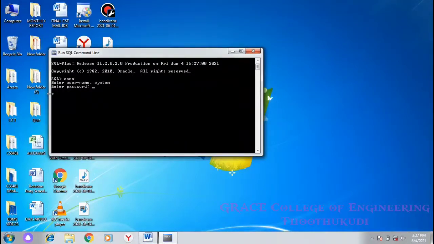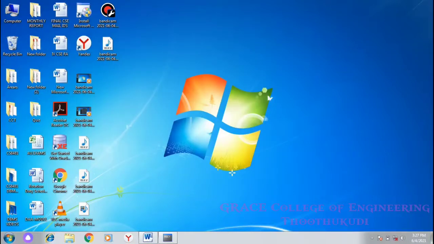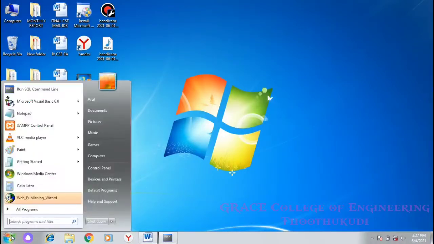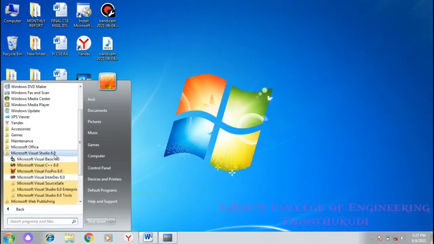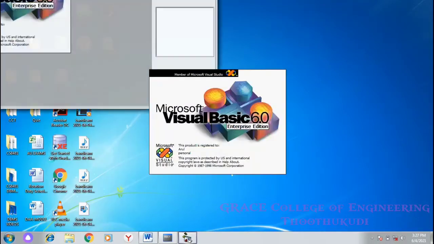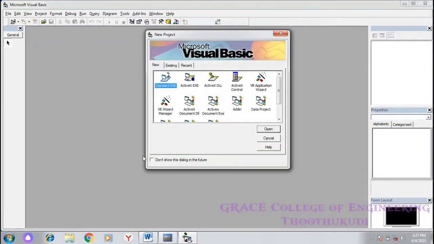After connecting, open the VB6 Visual Basic 6 application from the Visual Studio. So open a new project.